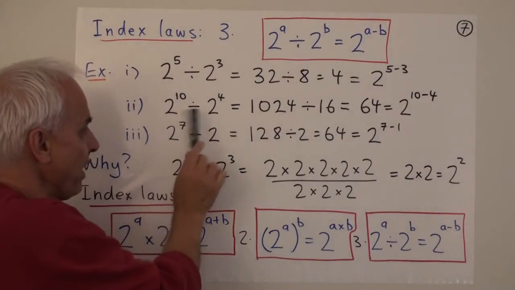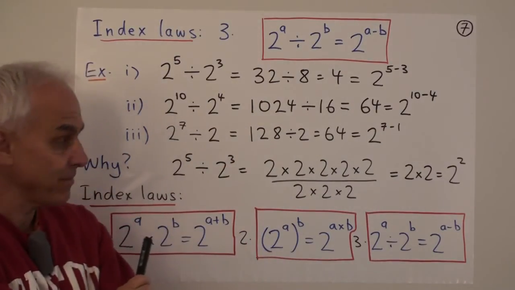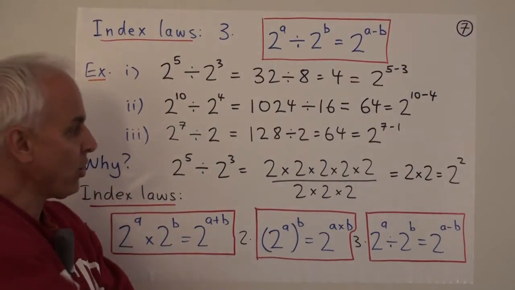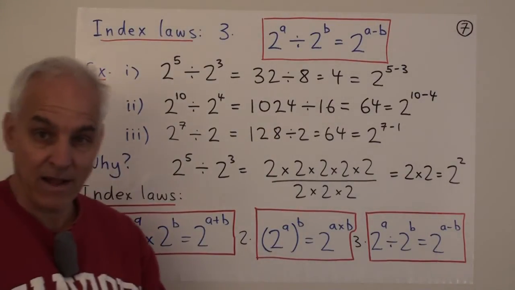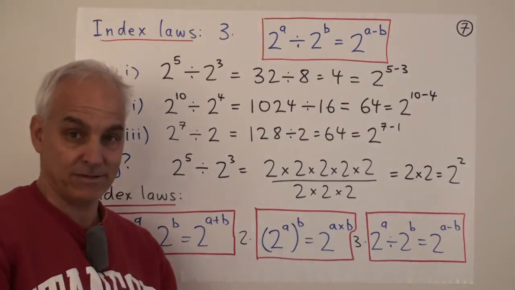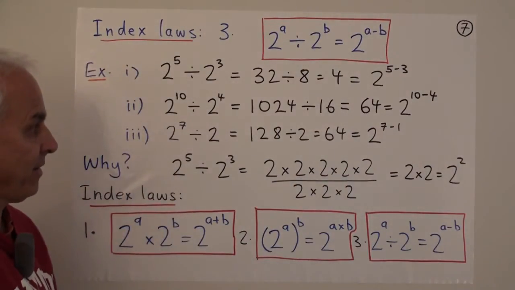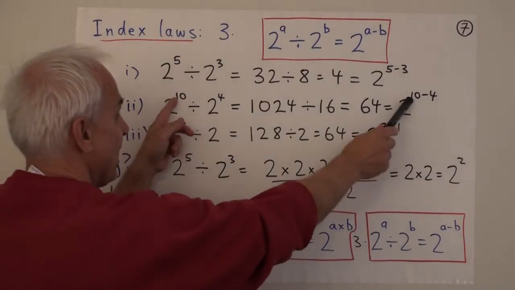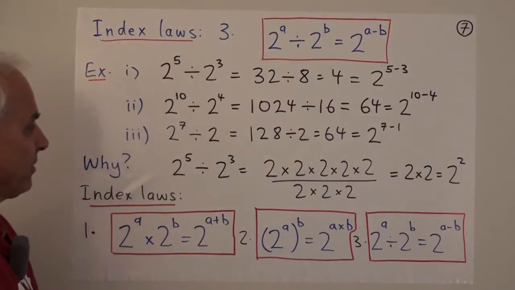How about 2 to the 10 divided by 2 to the 4th? Well, remember that 2 to the 10 was 1,024? And 2 to the 4th is 16. Okay, so then you could divide 1,024 by 16. Many of you will need your calculator to do that, but I hope there are some of you that could do that with long division. That would be great. Either way, you will get 64 if you do it correctly. And 64 is 2 to the 6th, which in fact is 2 to the 10 minus 4. So yes, the law works in this example as well.